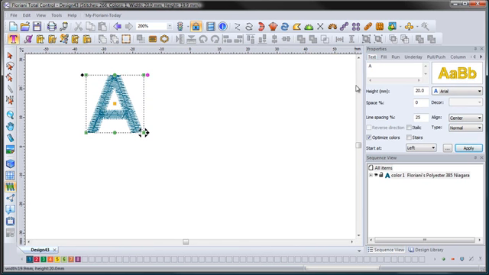And you'll go over here to your properties box, and you'll notice that there is an A right here. That's just letting you know that that is the text that's created at the moment. So if you wanted to go in and change this text, let's say you wanted to do the words cougar basketball, and you wanted the word cougar to appear above the word basketball, what you would do is you'd come in here and you would type in